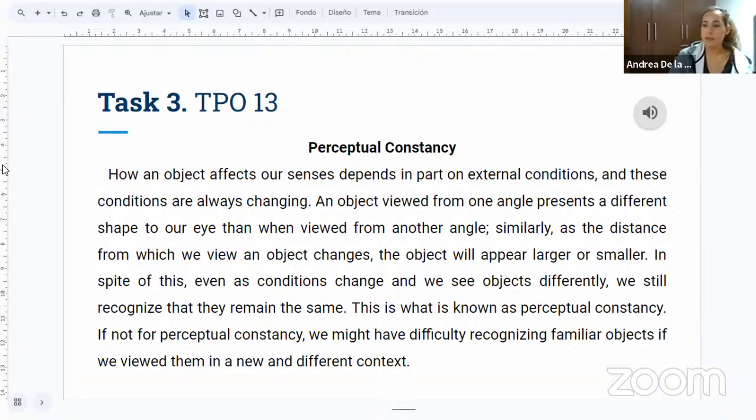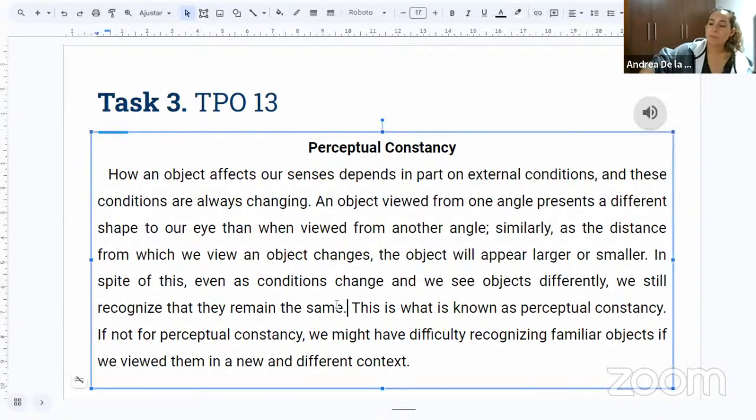You're not explaining in detail, like if you're sitting in the front row, you see the professor is bigger, but if you go to the back of the classroom, then you will see the professor smaller. Without explaining the details, you could just acknowledge that the professor gives a second example and maybe briefly mention what it's about. Okay? Or maybe reinforce what you had in the concept. You could say, the professor gives a second example about how students see the professor from different angles or from different positions in the classroom, but are still able to recognize that the professor remains the same.